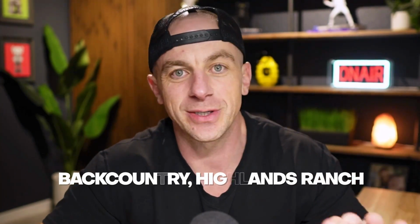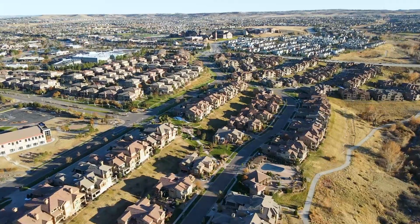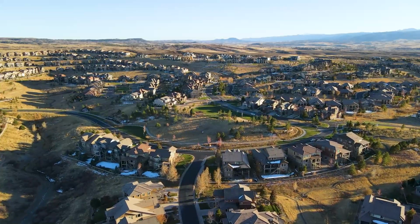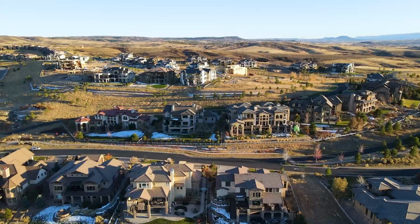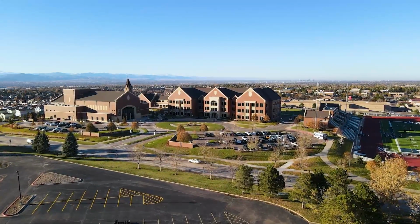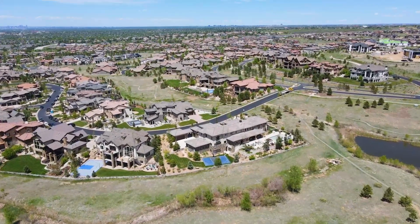All right, now Backcountry is a neighborhood within Highlands Ranch, and Highlands Ranch is composed of a bunch of neighborhoods. There's 4 primary districts in Highlands Ranch, and there are 4 different HOAs. If you live anywhere in Highlands Ranch, you can access any of those community centers and things like that, which is cool. Each one has kind of a different feature. So like one has a rock wall, one has archery and things like that. So it's cool. Highlands Ranch does some great things for families and communities,